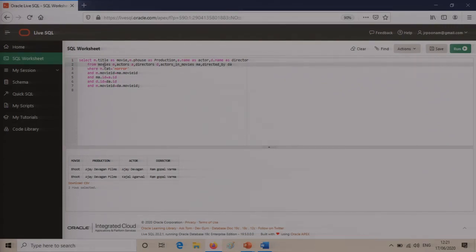Okay. So what I do is M.category. The first criterion we are talking about is that it is a horror movie. So how do I check for a horror movie? I will just say where movie.category is equal to horror. And what else do I have to do? I just have to build the relationship between the different tables. By doing so, I'll say the movie ID in the relationship is equal to the movie ID there, and the actor ID in the actor table is equal to the relationship table's actor ID, and similarly another 2 relationships there.